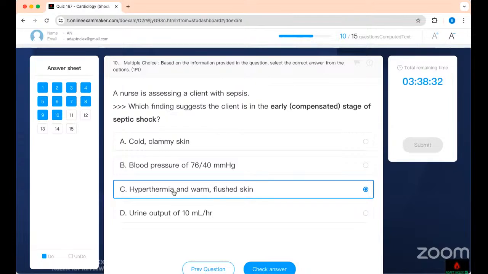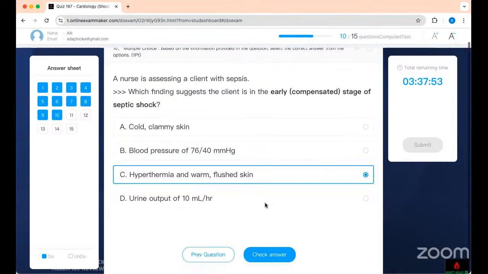These are traps, but these are content. In the early stages of septic shock, your veins get bigger and bigger, and blood stays there. When blood stays there, it makes your skin warm and flushed. When you become hypotensive, you are no more compensated. When your urine output drops, you are no more compensated. When your blood pressure drops, you have not compensated. When your skin gets clammy and cold instead of warm, you have not compensated. This is what it means by the early stages of shock.